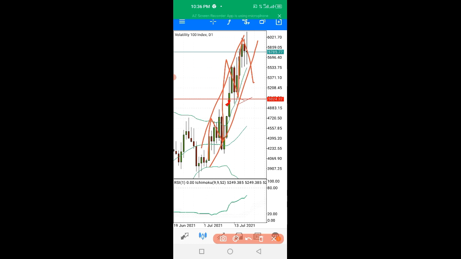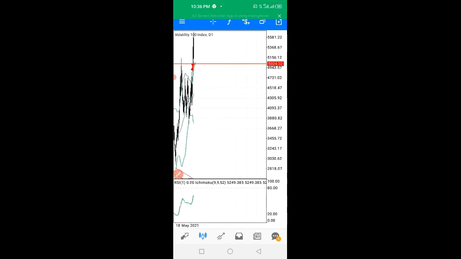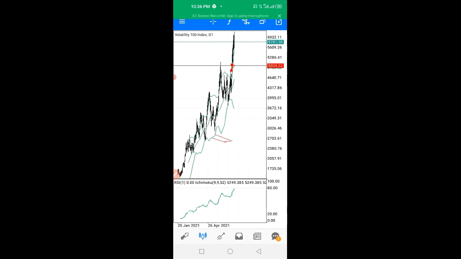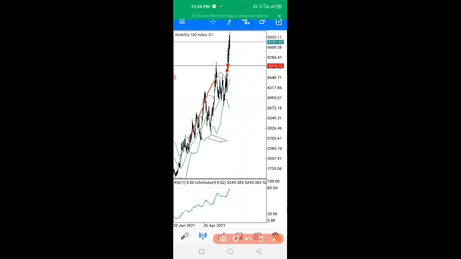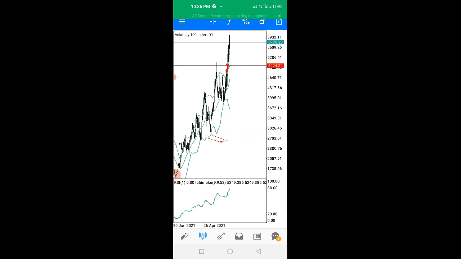But in real sense, I'll shrink my screen to see if there's a support level. No, there's no support level, but I can see something. What am I seeing? I'm seeing something like this. This is the daily chart. To take notes, I'm seeing something like this, and I'm seeing something like this. Let me use a trend line to draw it. Okay, I'm seeing a line like this upward, and I'm also seeing another line